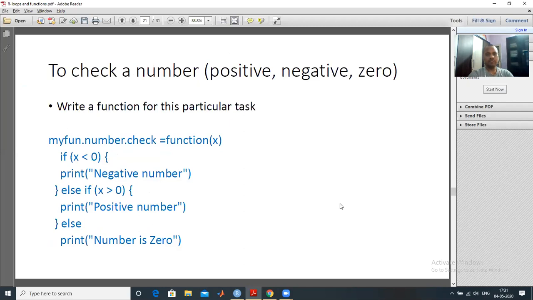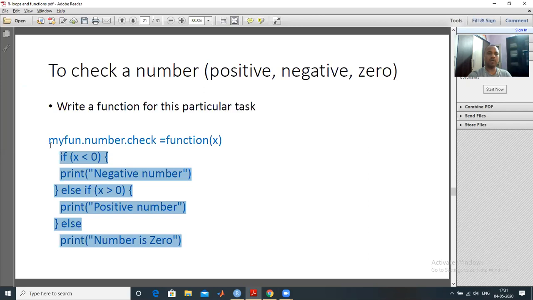So again, we discuss a function where we check whether a given number is negative, positive, or zero. We have already discussed this example without a function. We discussed only up to here, but we did not make it a function. Now we can make the code written in the previous slide, to check whether a number is positive or negative, into my function, and I gave the name to this function, my function number check. This is any descriptive name you can give.